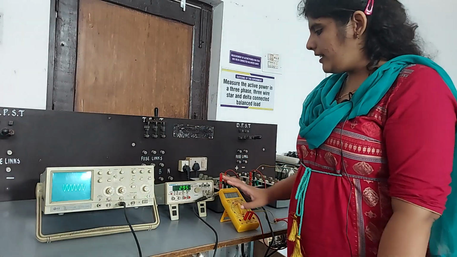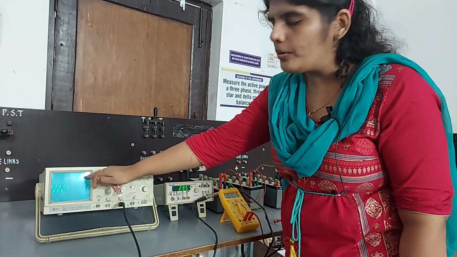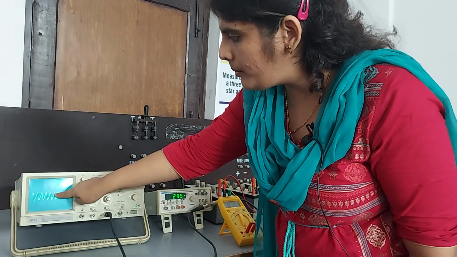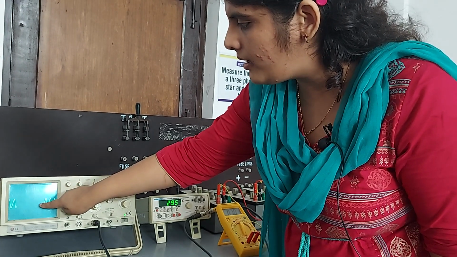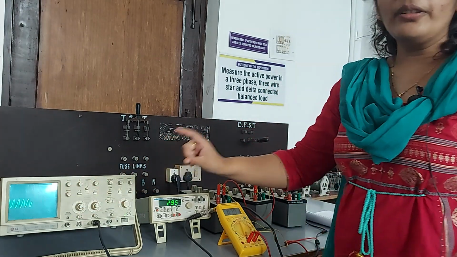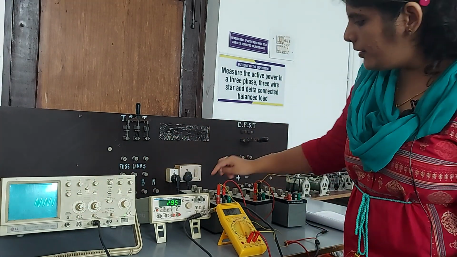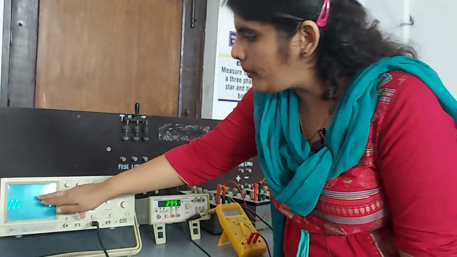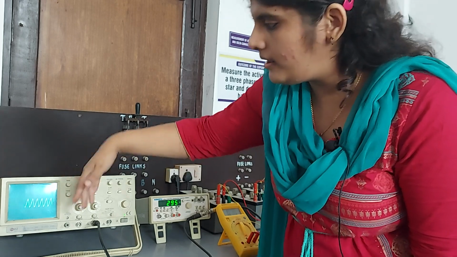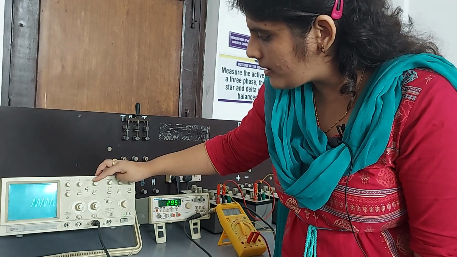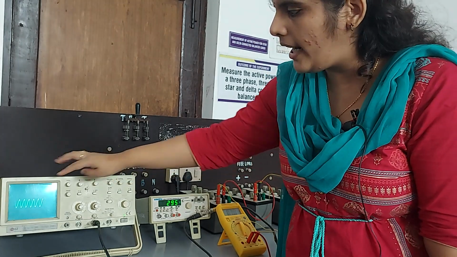After all the connections, in order to get 10 volts peak to peak, meaning from the maximum of the positive cycle to the maximum of the negative cycle, that is called peak to peak, you have to vary this amplitude knob. Suppose you get a waveform that sits somewhat lower or upper, you can use this Y position knob of channel 2 and set it.